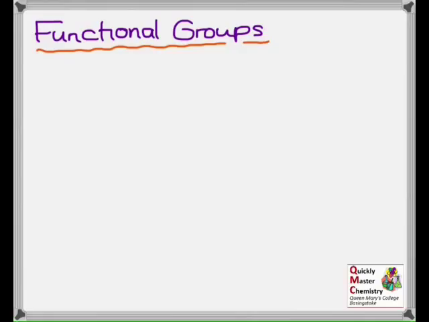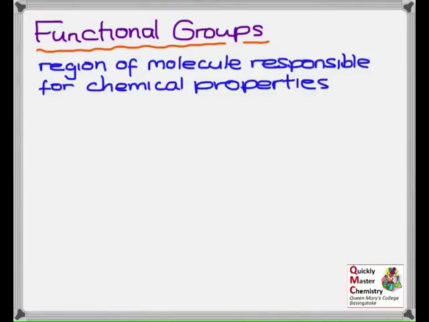So far we've been talking about homologous series and which homologous series a molecule belongs to. You can also be asked to talk about the functional group in a molecule, and so we'll just take a moment to see what that means. A functional group is the region in a molecule that's responsible for its chemical properties, so the group of atoms that takes part in the characteristic reactions of